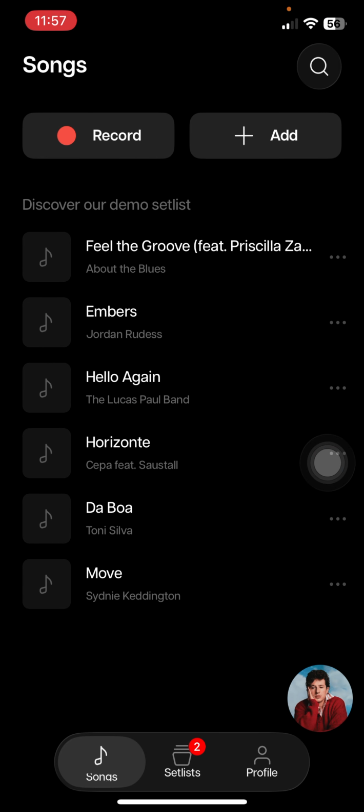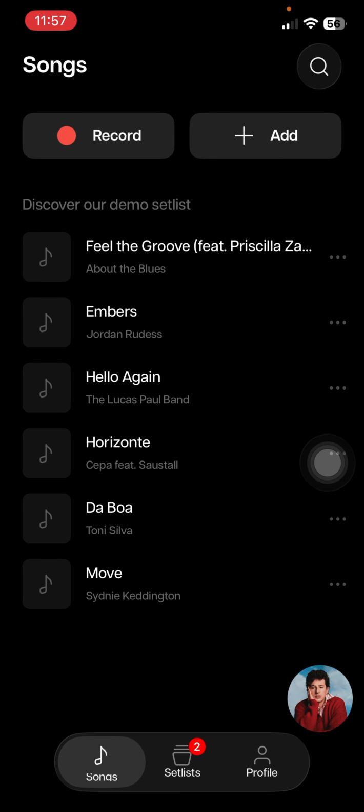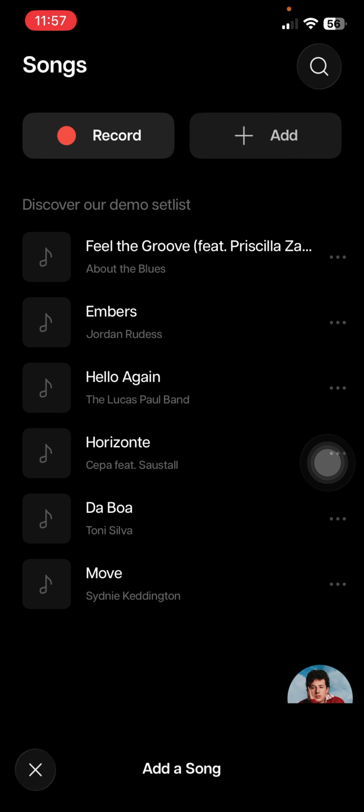Okay, so just download the app from App Store or Google Play Store and create an account with your Gmail or Facebook account. You can sign in with anyone with any account, and to make the song karaoke, you have to just add